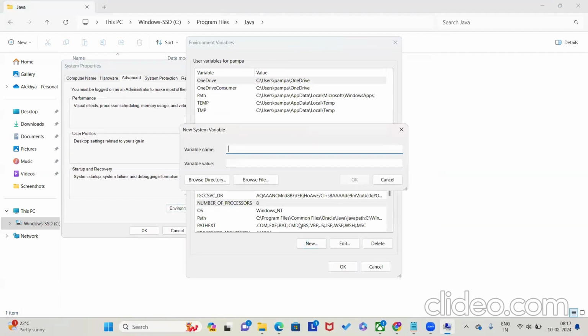You have to create a system variable called Java_home. So we are passing the location of the Java binary where it is installed, and we have to name that as Java_home. You have to use the same letters as I've shown here, because it is a standardized practice. So everyone has to follow the same name,